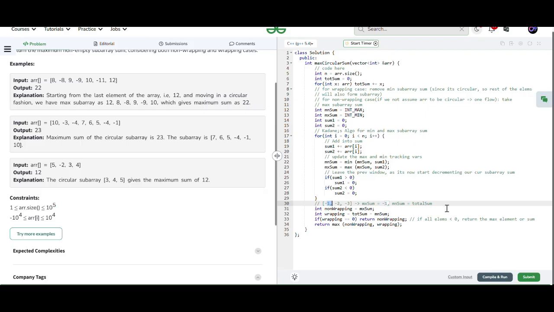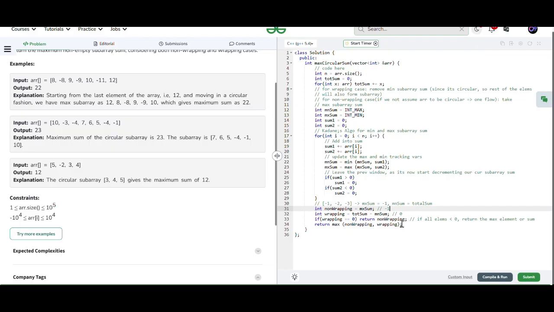Since we are taking the maximum of the non-wrapping and wrapping cases, the non-wrapping case would have value equal to -1, and the wrapping case would be 0, right? So the maximum value between 0 and -1 would be 0.